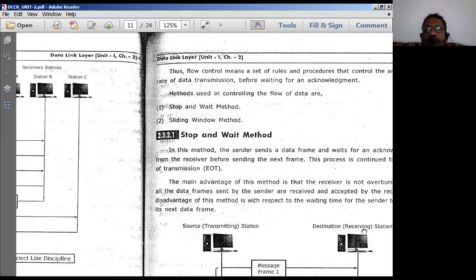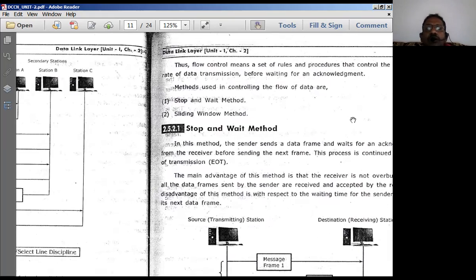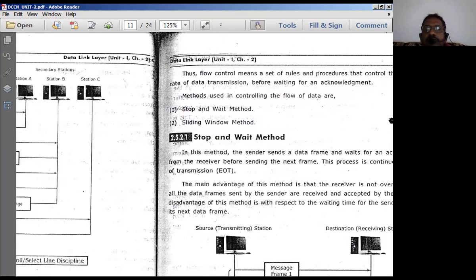Now, what is the purpose of flow control? We already know from the previous session that flow control is normally used to manage the rate of data transmission, and also to control the amount of data that is going to get transmitted through the channel. That means using the flow control method, you can perform two activities: controlling the amount of data that you are transmitting on the channel, and controlling the rate of data transmission. These two are very important that we have to bother about.